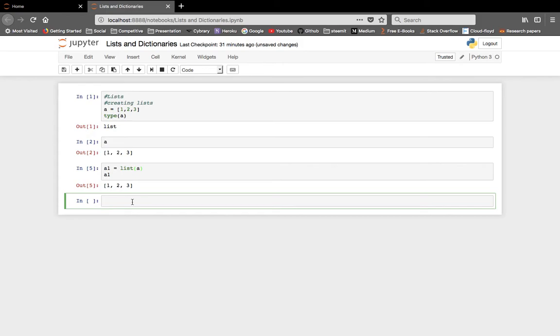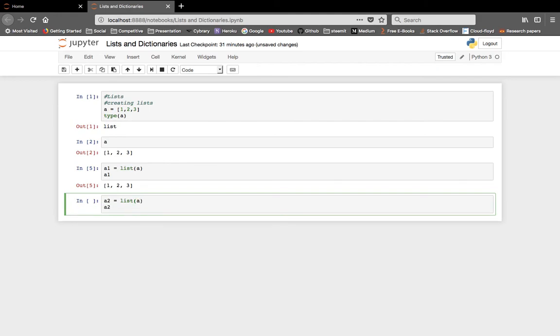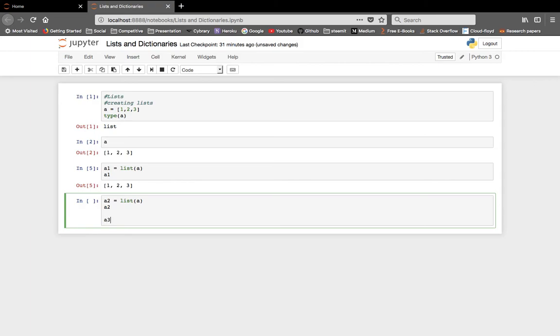And coming over to the next thing, suppose we have A3, so make it A2 is equal to list A, which we have seen earlier. So we know what the output will be, so let us not compile it as of now. Alternatively, we can have iterations on this also. For I in range, so we can use something known as range, which we have seen in the for loop, right? For I in range 10,